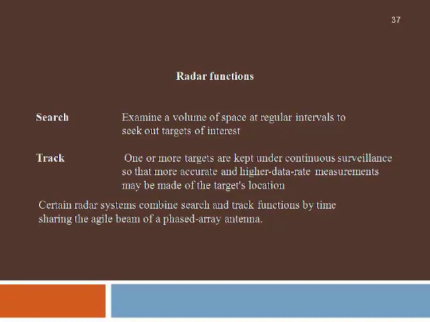We need to get the information of this target on a continuous basis. So a high data rate is required about this particular target at different times so that we can predict its future position and eliminate it very effectively. So certain radar systems combine the search and track functions by time sharing the agile beam of a phased array